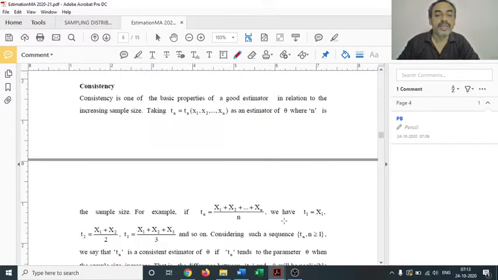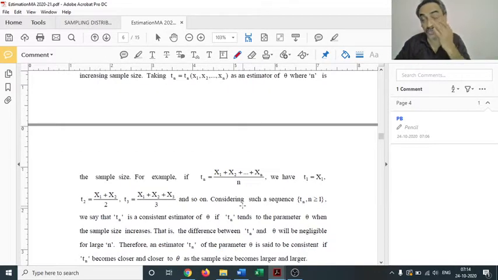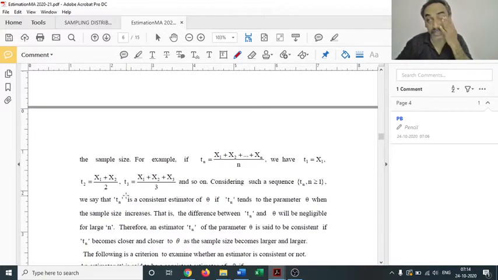So the next property is consistency. In consistency, we consider again a statistic T to estimate, say, a parameter theta. Here we consider this consistency property with the help of an example, say Tn. Tn is taken as x1 plus x2 plus etc plus xn by n. So when n is 1, T1 is x1. When n is 2, T2 is x1 plus x2 by 2. When n is 3, x1 plus x2 plus x3 by 3, etc.